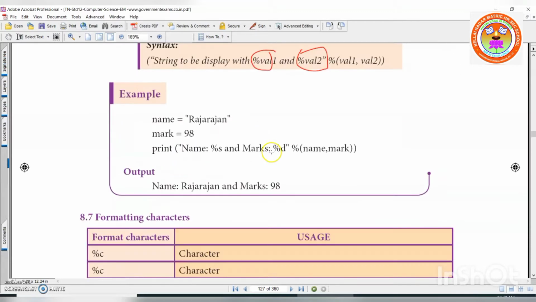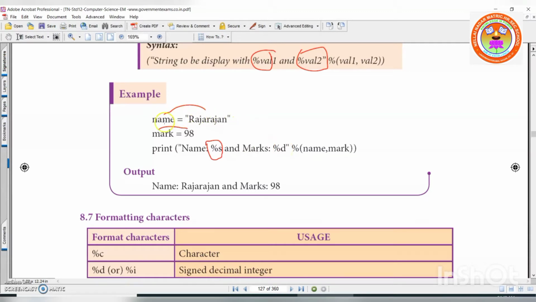Name is Rajarajan, mark is equal to 98. So I stored Rajarajan in the variable name and 98 in the variable mark. Print name %s. So %s is nothing but string. This is called a formatting character. S is for string and D is for integer.